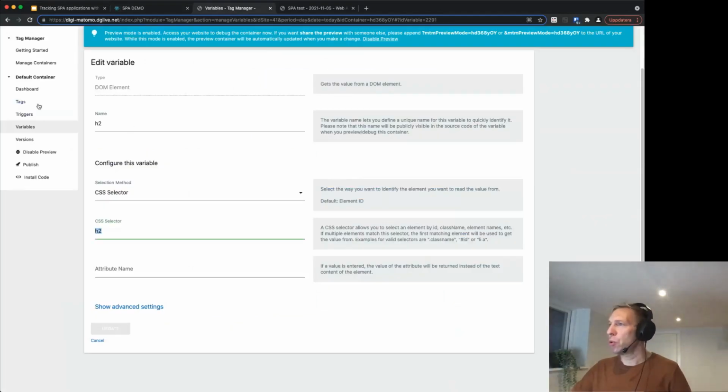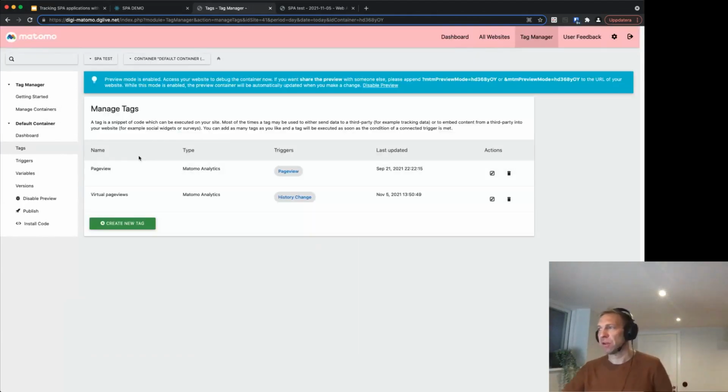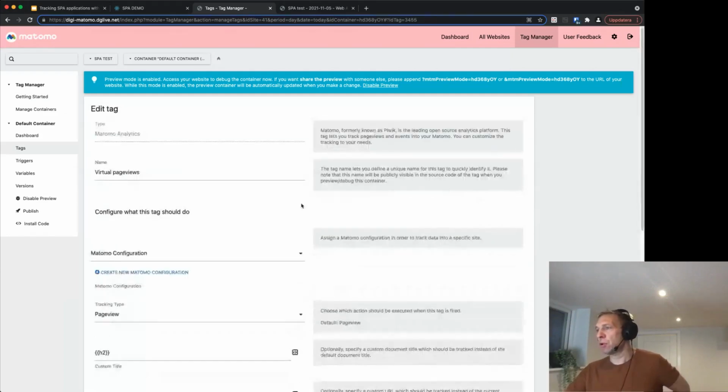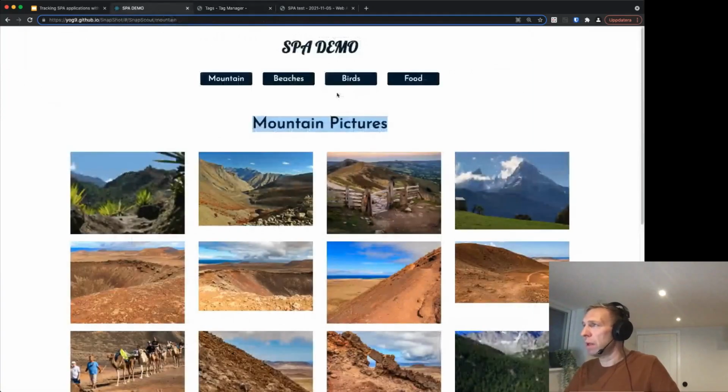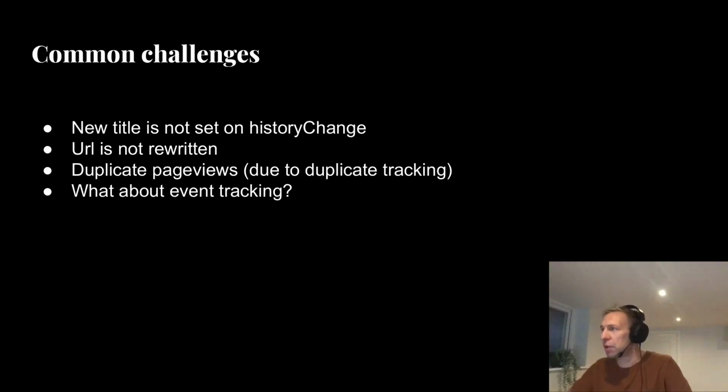I would go to the tag, because sometimes you just want to understand how users behave even though your application is poorly written. So in that case, you could use the h2 and send that in as a URL, for instance, to at least fake or simulate that you're tracking the correct behavior. The best way is, of course, to ask the developers to rebuild the applications, but sometimes that will take time or be able to do in a few months or something like that. So it can be a quick workaround to actually set it up